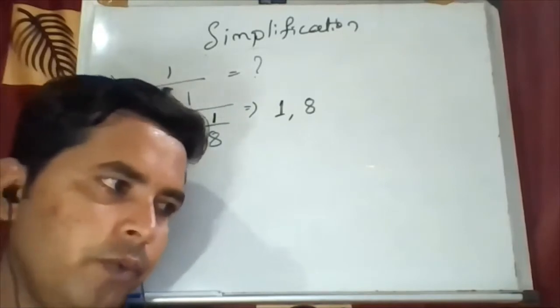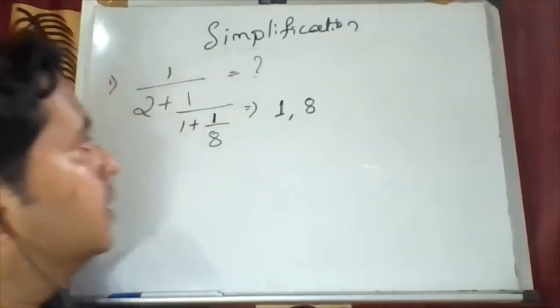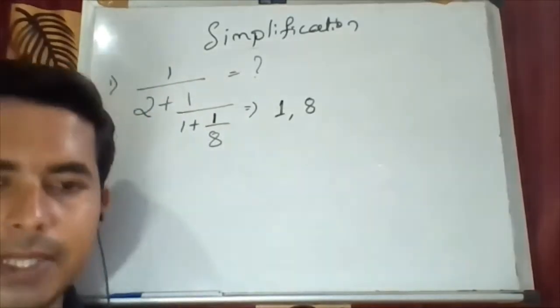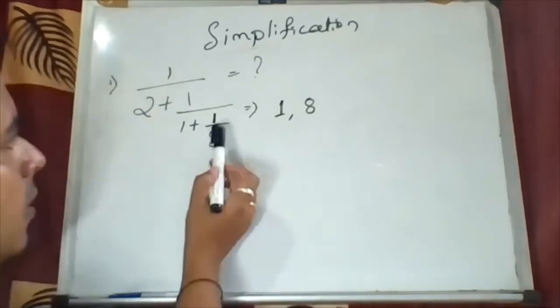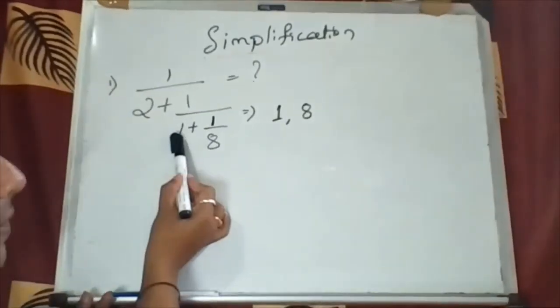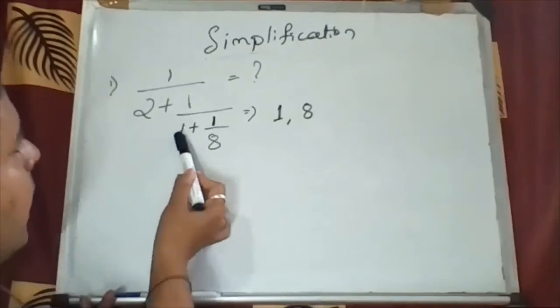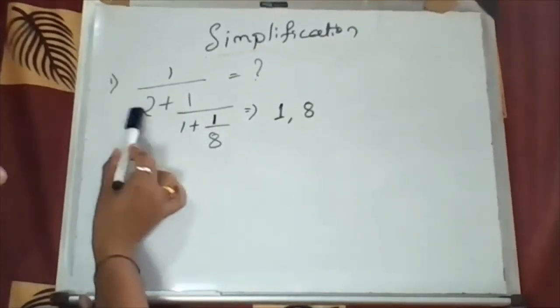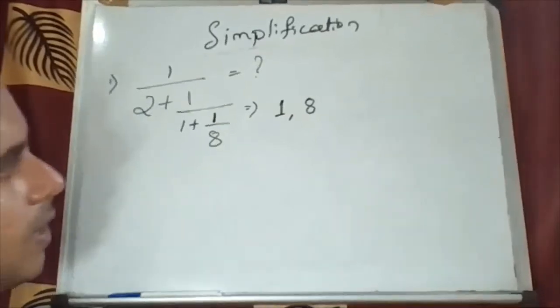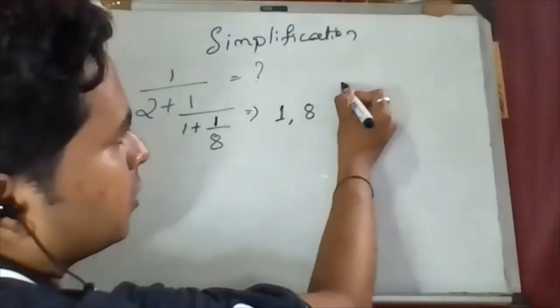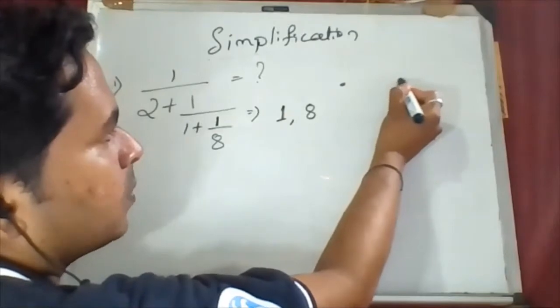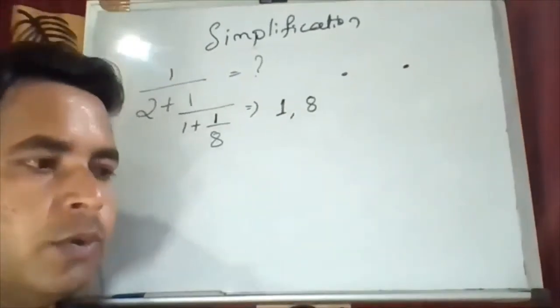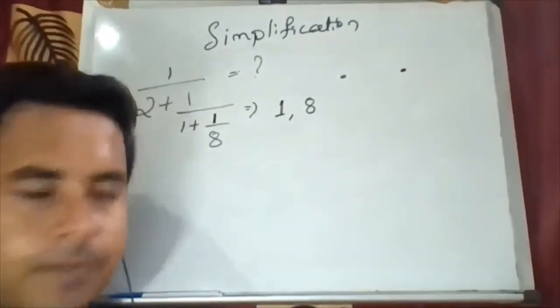Then what you have to do after this, just check how many steps are there in the question. So here 1 by 8, here 1 is added, this is the first step. Again upper one, again here 2 is added. How many steps are there here? 2 remaining further steps are there. So just write 2 steps. 2 steps are remaining. Okay.